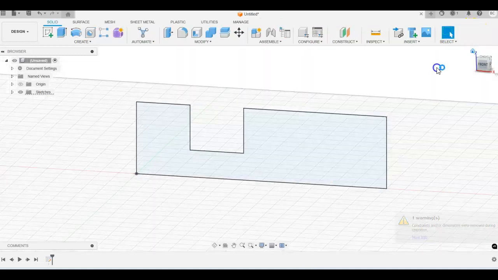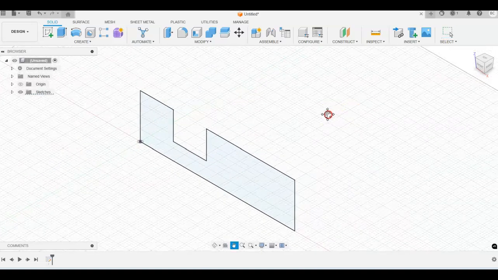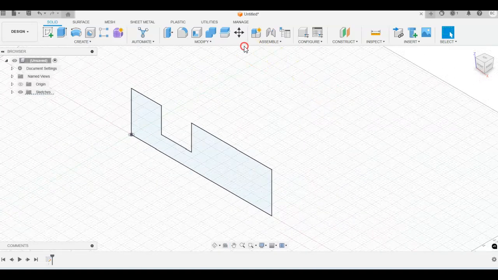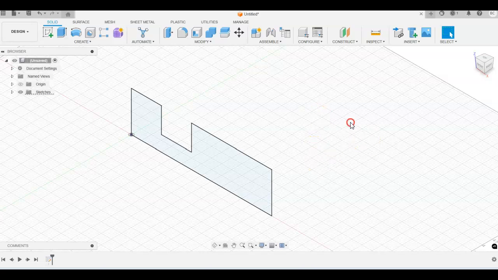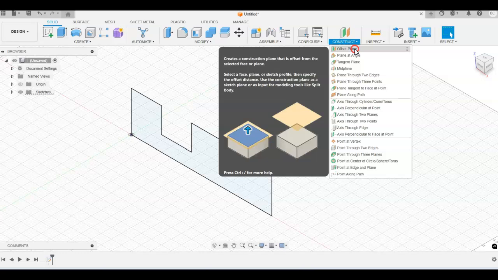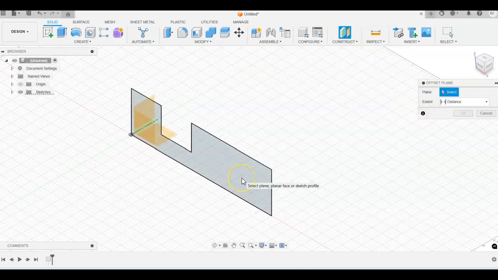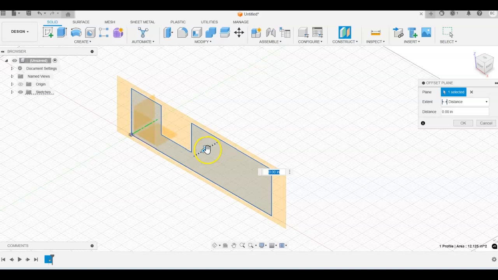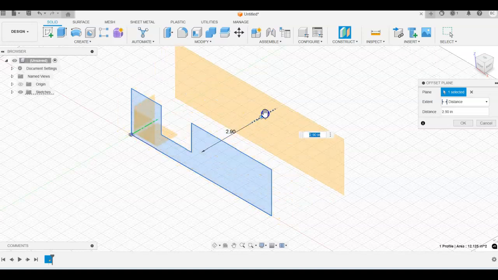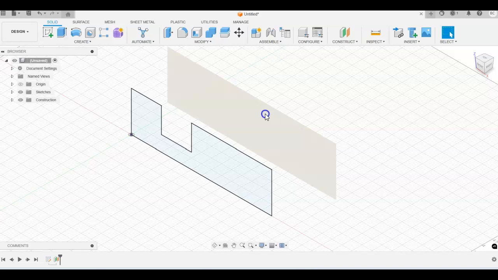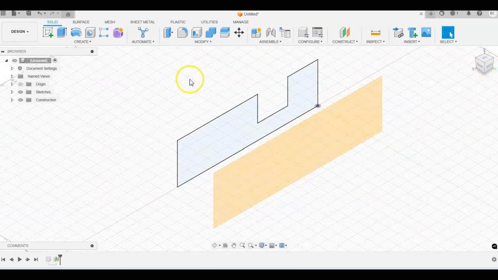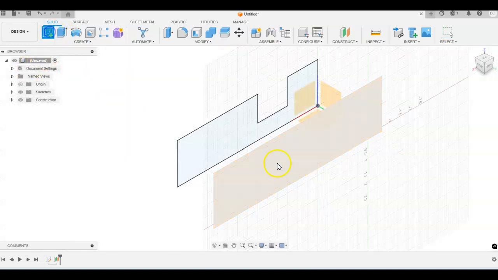So I'm going to go ahead and bring it around and rotate it into the isometric view. Now I want to create another plane. So we can refer to this as the front viewing plane. I also have a rear viewing plane here as well. So let's go ahead and offset this plane using the plane construction tool. And we're going to offset this by 2.5 inches. So now I can use my view cube to rotate around,